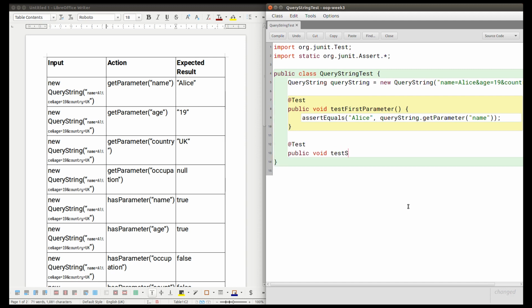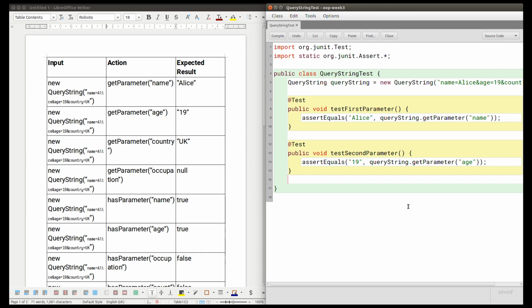Let's call this test second parameter. And these obviously need different names because they're different methods. And what we're going to do is assert equals that 19 as a string is what I get when I write QueryString.getParameter age. The third unit test is getting the country, so @Test public void test third parameter